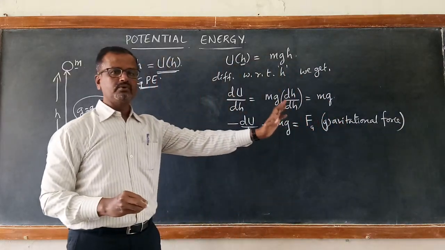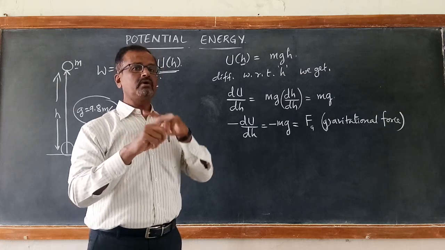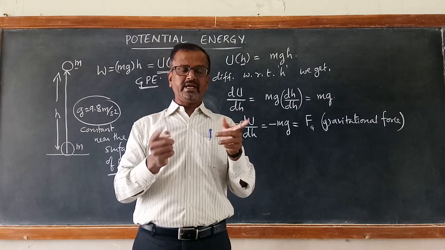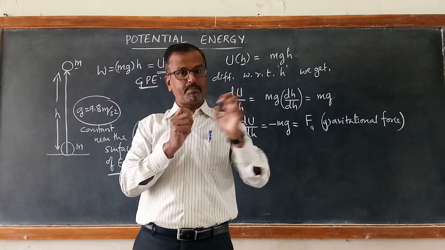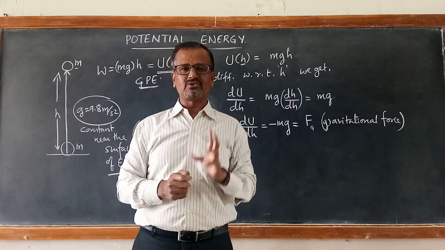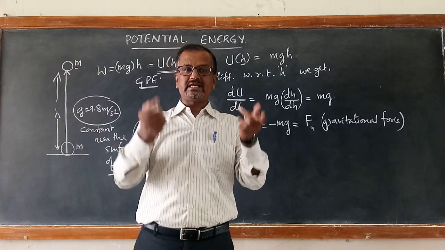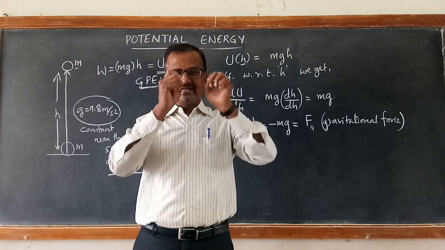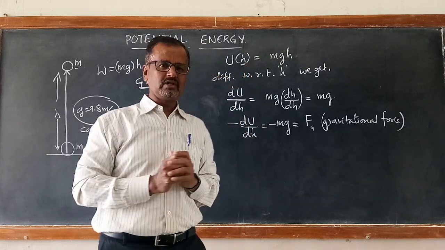So that's how we get the conservative force that is involved in any form of potential energy. Later on you are going to learn about spring potential energy. If you take the negative derivative of spring potential energy with respect to position, with respect to stretch, you will get spring force, right? So the negative derivative of elastic potential energy gives you the elastic force, that is tension. So these things you are going to learn later.